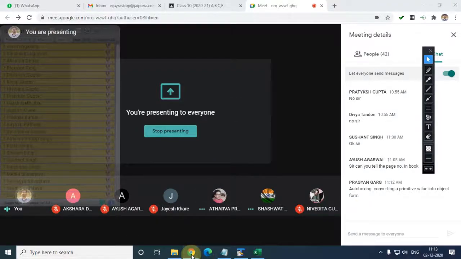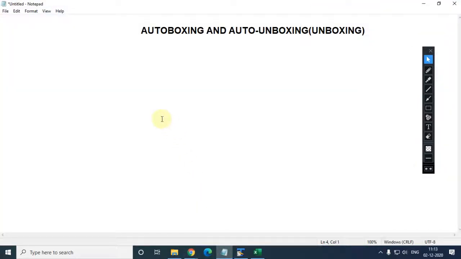Basically, the conversion in auto boxing is the automatic conversion, or you can say the implicit conversion. But in case of implicit conversion, or type conversion, we were working on the data type purely. Here, in case of auto boxing and auto unboxing, we are working on the data type as well as on their particular objects. So in short we can say, let me tell you, the auto boxing